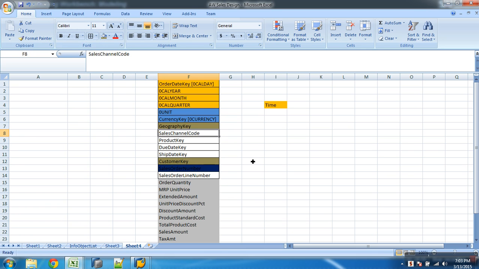What is sales channel? What does sales channel say? It tells you whether the sale is through retail or web online. Now let's start understanding the relationship between my geography and sales channel code. US, can I have sales through online and retail? India, can I have sales through online, through retail? Now what is the relationship between country and sales mode?